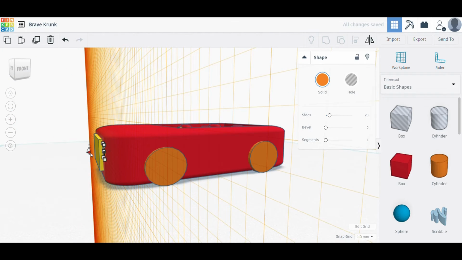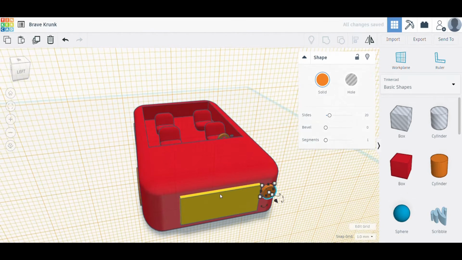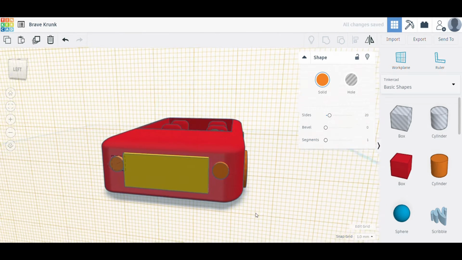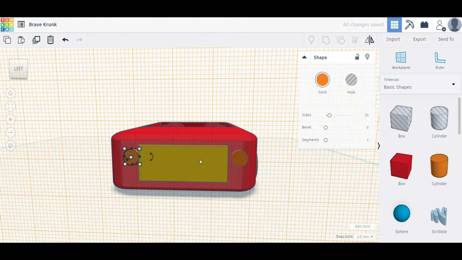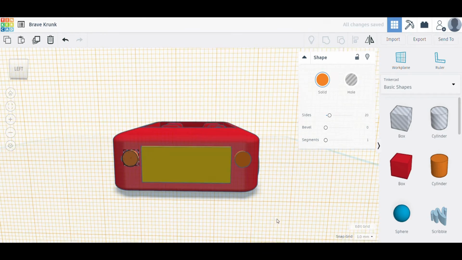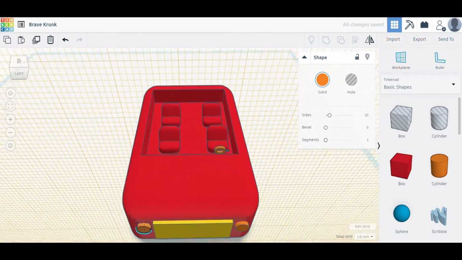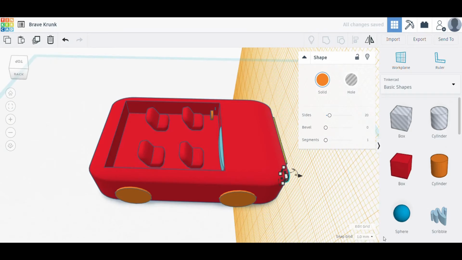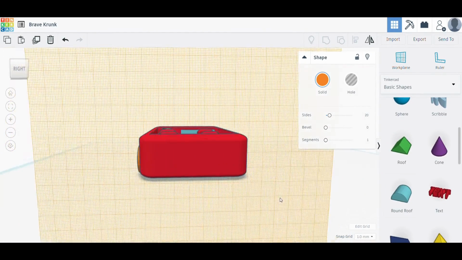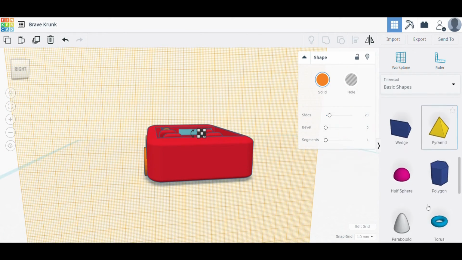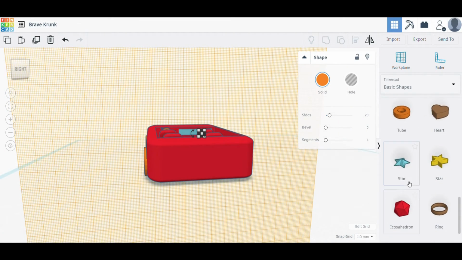Just duplicate it and paste it on the other side also. Now that looks fine. You can add more decorative things, like you can add something on the back side of the car also.